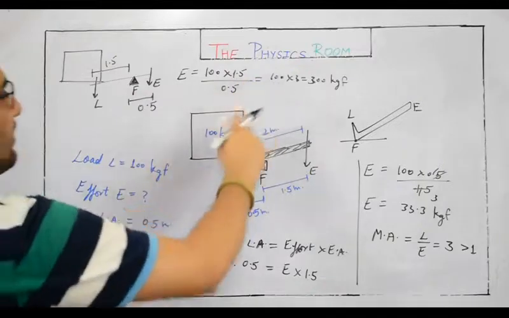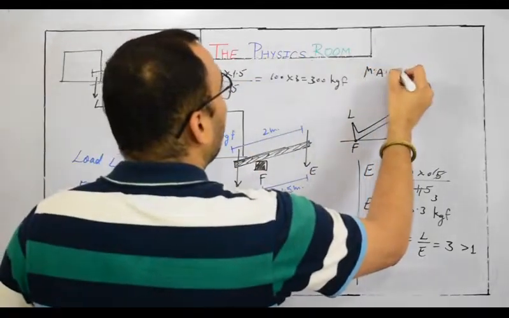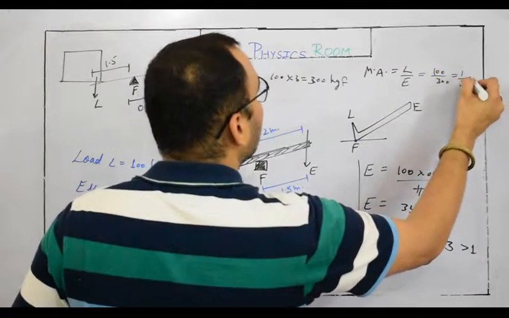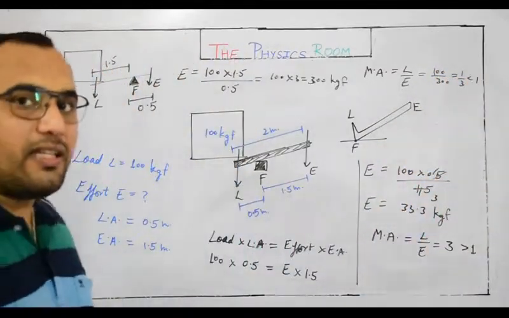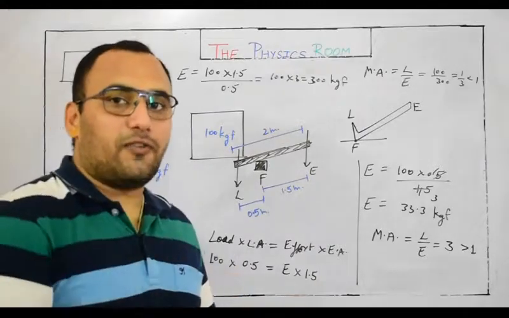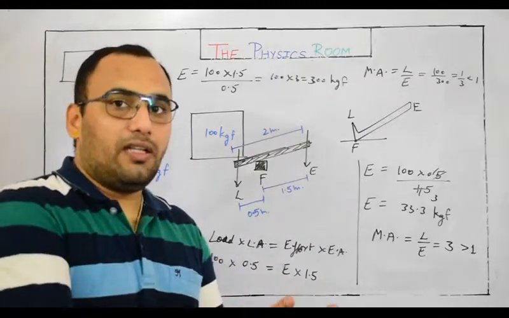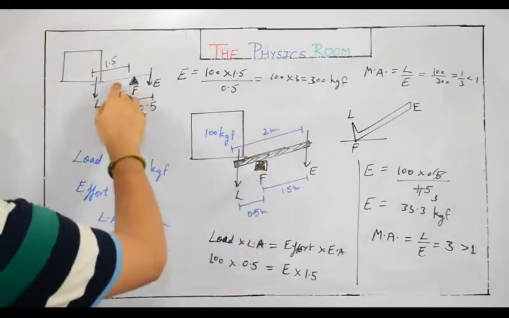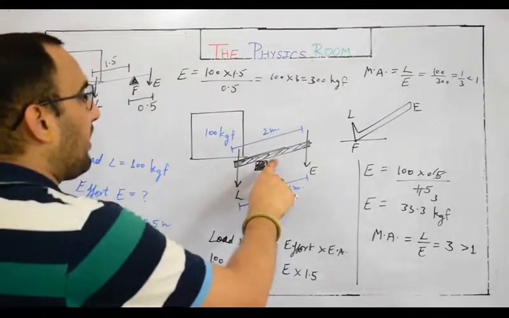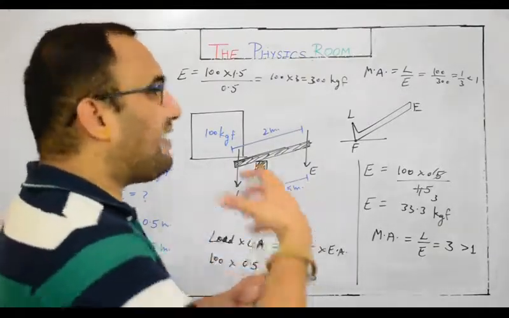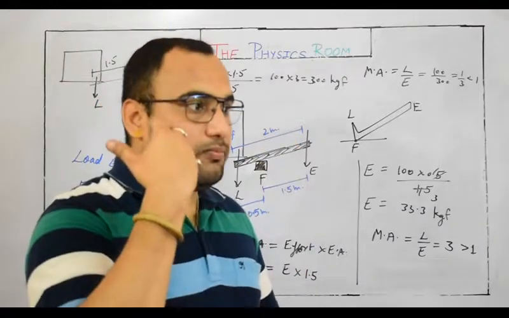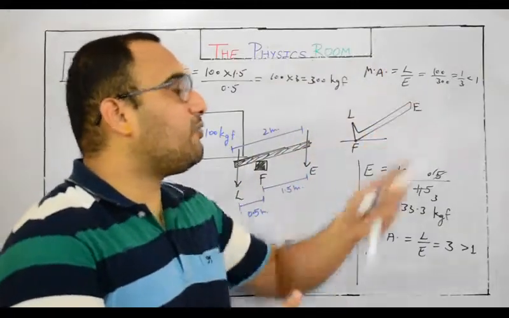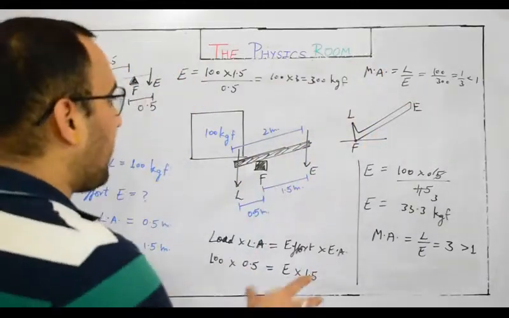But in this particular case, if we try to find out mechanical advantage, load upon effort, so load is 100 while effort is 300. It is 1 upon 3, which is less than 1. So that's why I have told you that in class first levers mechanical advantage could be 1, less than 1, or it could be greater than 1. If you place the fulcrum exactly in between, at a 1 meter gap, then ultimately you have to apply 100 kgf of effort to lift this up. So in that case mechanical advantage would be 1. So I hope this example is very clear for you.